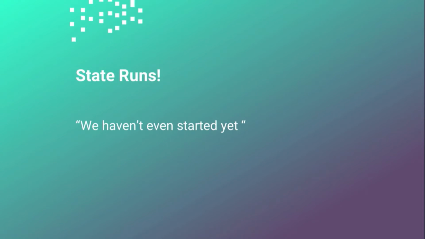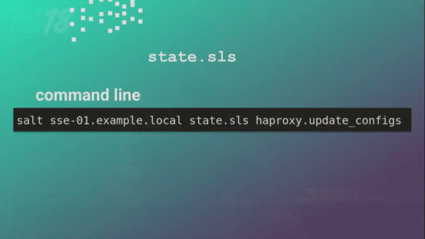Again, test.pings, even when they fail, are kind of boring. Let's talk about doing some real heavy work. What does a state run look like? So as a quick refresher, here's us going back out to the CLI. We're going to run a state.sls. We've fabricated a simple SLS file that's going to take care of some configs for HAProxy for us. Hopefully this is very familiar to everybody here.